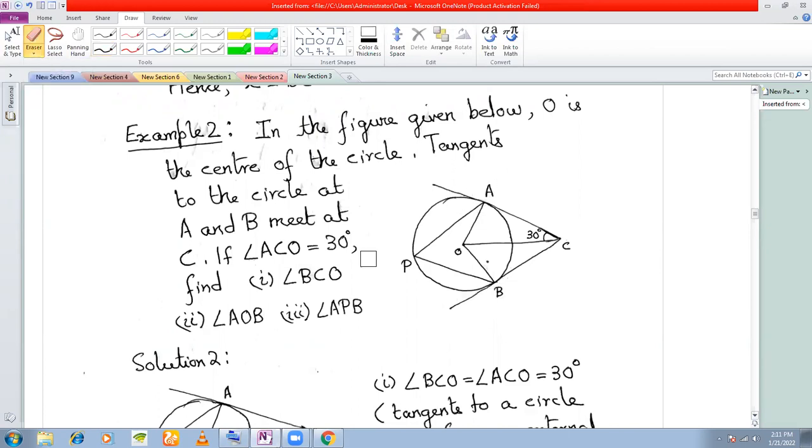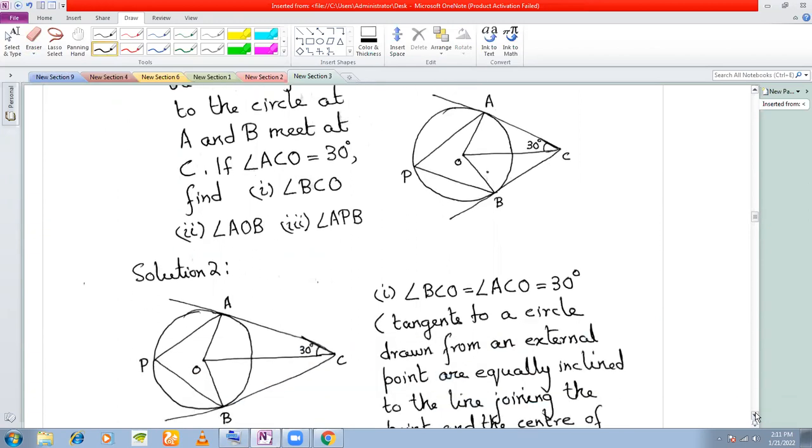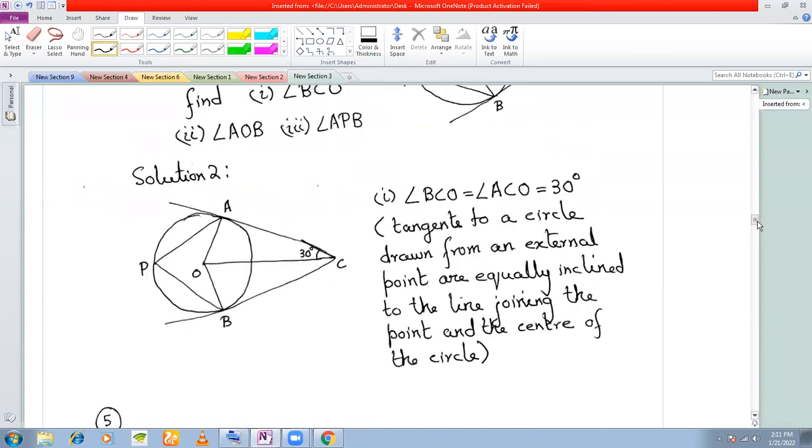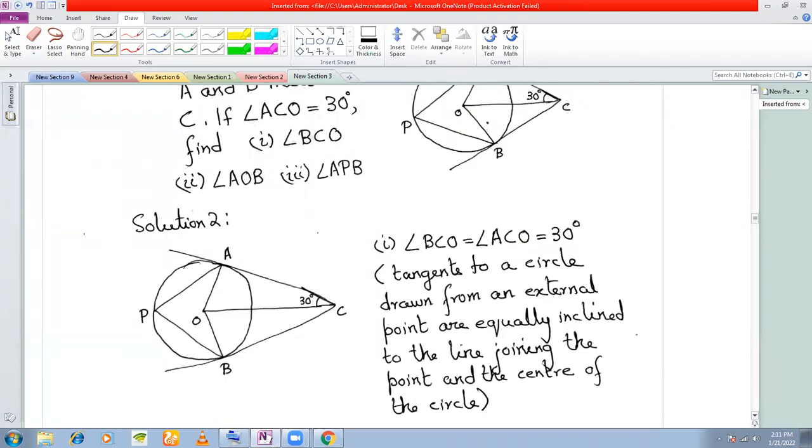So A and B are nothing but points of contact. Also given is angle ACO is 30 degrees. So you see this is already marked in the figure, 30 degrees. Now let's look at this figure. You need to find here angle BCO. So you need to find this angle, which is a cakewalk, because you know that this angle must